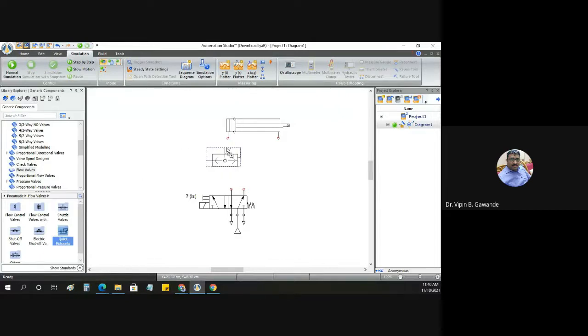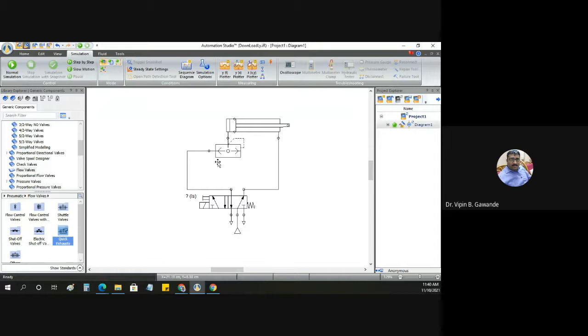This is the quick exhaust valve, and there are two connections for it. We will connect this here, so one connection is over. Now this is connected here, and this is connected here. Now see, the connection is over. We have just connected one double acting cylinder and the exhaust valve.